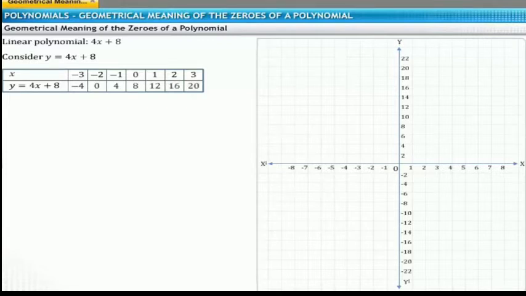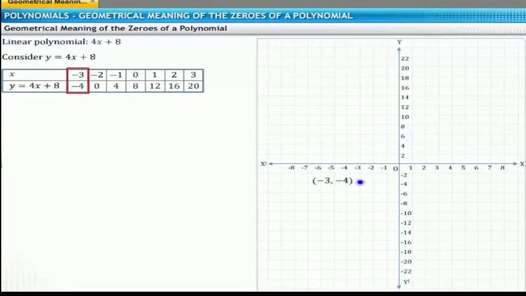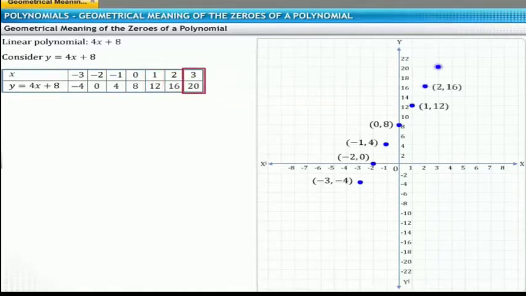When we put minus 3 in place of x, we get y equal to minus 4, and when we put minus 2 in place of x, we get y equal to 0. So these are the coordinates. How will you find them? Many times I have taught you and discussed this, so we are not showing the solution here. We need to represent these coordinates on the graph: minus 3 comma minus 4, minus 2 comma 0, and we have represented all the points. Then we need to join all the points.